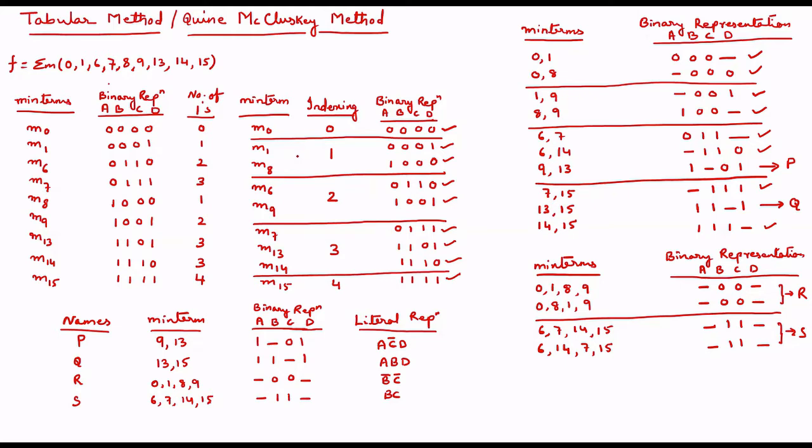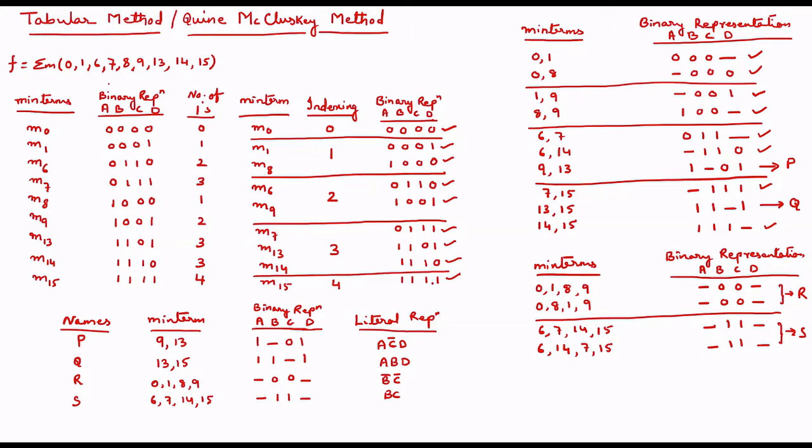So if you see the second group, I am finding it is ticked, I will consider this one and check with the others. It will not compare with 8, it will compare with other groups. Same members cannot be compared, right? So I am coming to 6, not possible, 2 bit change, but 9 possible. First bit changing, rest of the bits are the same. So 1 comma 9 I have taken, I will put a tick mark at 9, and the bit which is changed I will put a dash mark, and this bit I will put over here.